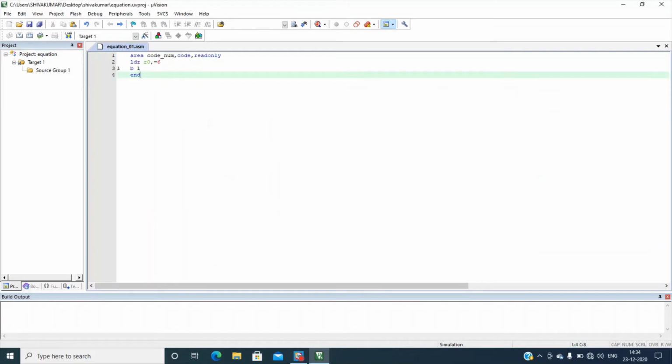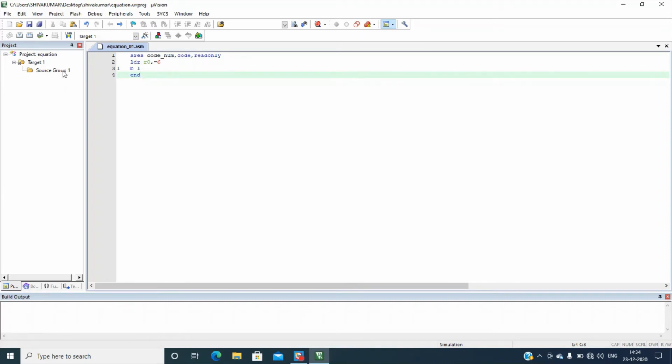Now you can see there are some colors on the words. Those are all instructions whose meaning is already explained to the compiler.